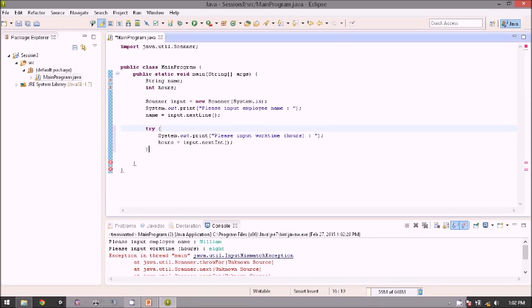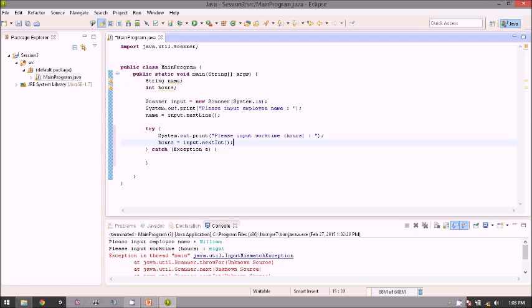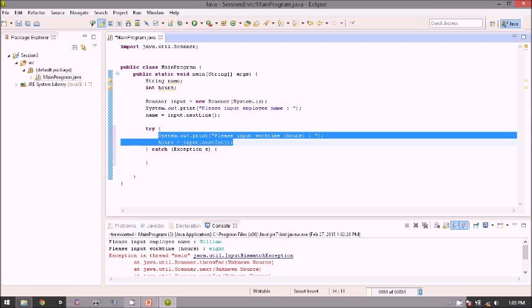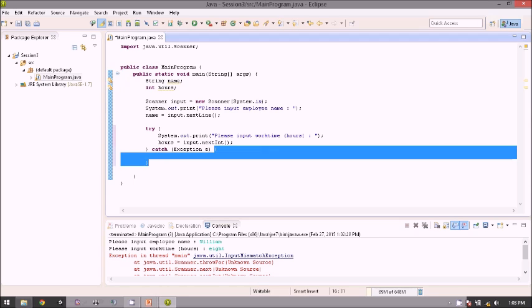Try and then catch. In the catch, you need to give the parameter exception. Okay, so it's like this. So what is the exception handling or this try catch means? At first the program will try the program written inside the try bracket, so this will be running first, and then if at some point this code returns an error, it will go to the program in the catch.